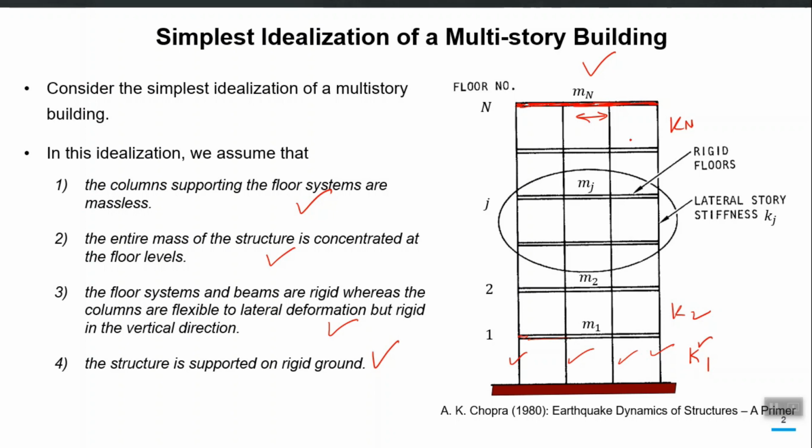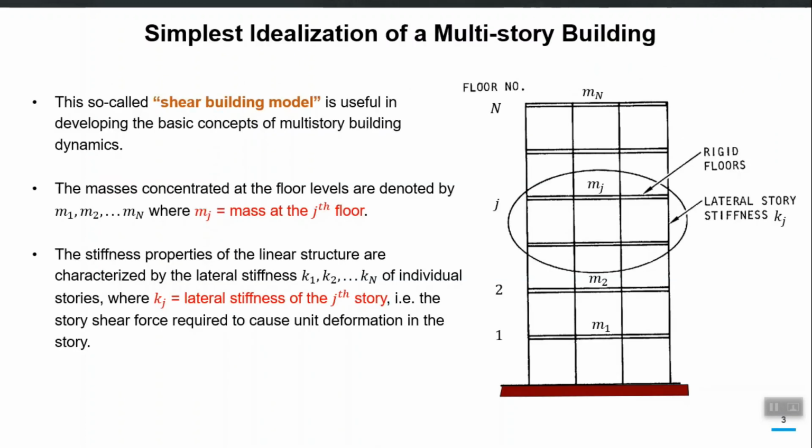So, another symbol for this may be like this, that you have some M1 with some K1 stiffness, and then it is connecting with M2 with some K2 and so on, maybe M3, K3 and so on, like that, right. So, this is our discrete multiple degree of freedom system model, a very simple multi-story building, right. So, let us try to derive the equation of motion for this kind of a system. Sometimes this model is also called as the shear building model.